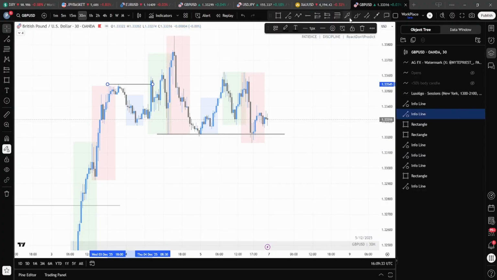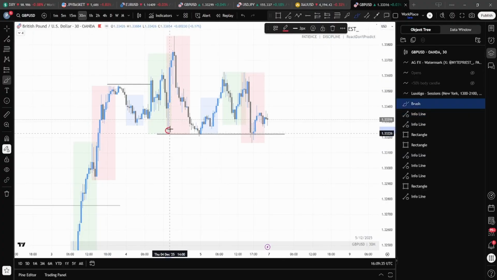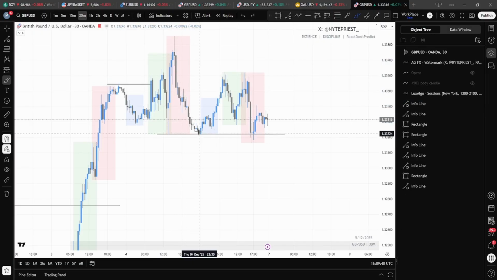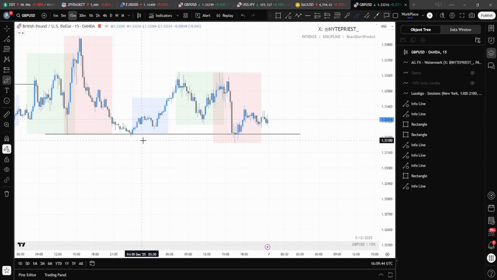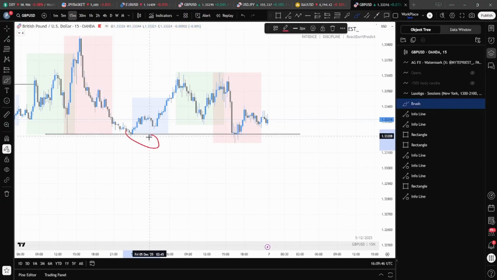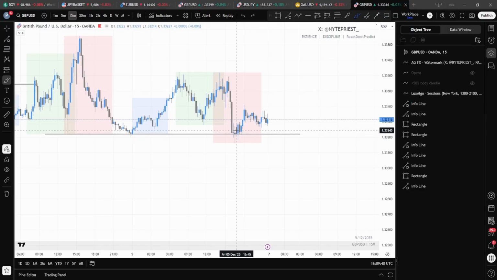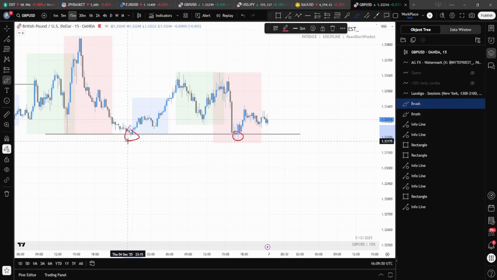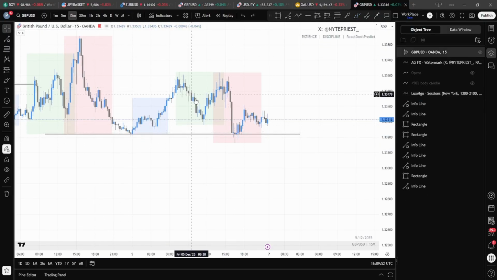Okay, so this is the low that caused the break of structure to the upside, and we are not having any closure below. On the 50-minute time frame too, we don't have any closure below here. Okay, so no closure here. On the 50-minute time frame too, no closure. So